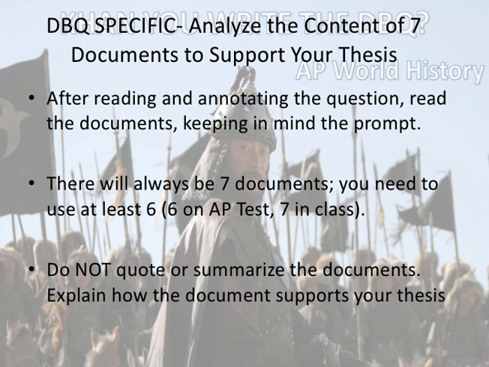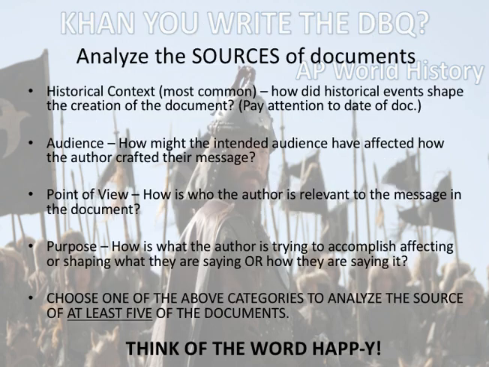Now, once you've provided the main idea and given an idea of why or how it connects to your thesis, that's where for 4 of them, 3 on the AP test, 4 if you're in my class, you need to source them. Sourcing is where you show that you understand that a document is not necessarily created objectively, that it's always going to have some sort of bias. You don't have to use the word bias. You don't have to use the word sourcing in your essay. In fact, usually bias throws students off, so I wouldn't even suggest using the phrase bias. But this is where you talk about the fact that documents aren't necessarily created in a vacuum objectively, right? There are things influencing the documents when they are created.